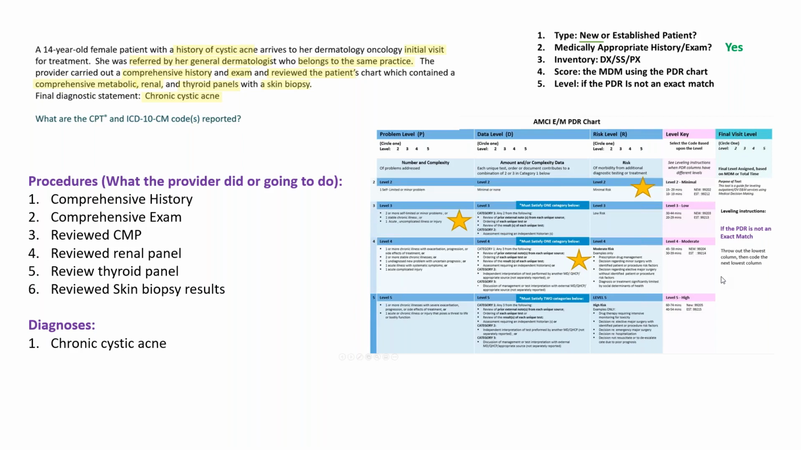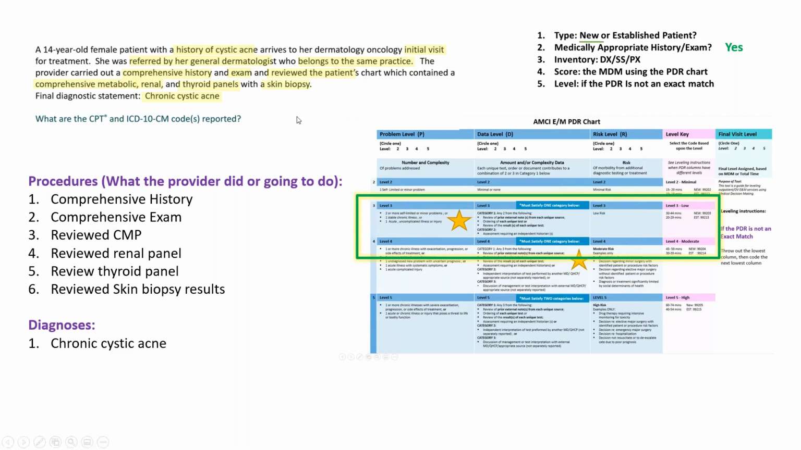Okay, so we have to level, right? This technique is leveling. So if the PDRs don't match, you throw out the lowest. The lowest could be, if you said minimal, you're going to throw that out. If you said low, you're going to throw that out. And then you code the next lowest column. So let's go ahead and throw it out. The next lowest column is